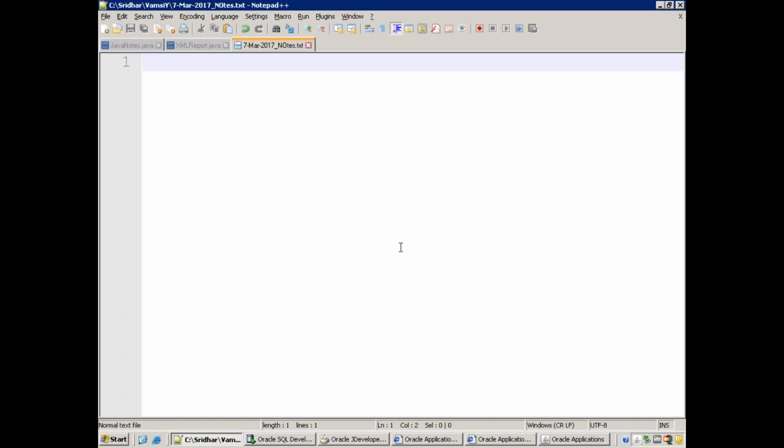So today's class is again a continuation of our AOL concept stuff. We have discussed the value set lookup, right? And last time we saw the flexfield also, right? So today, from OAF, we'll see how to invoke a concurrent program,